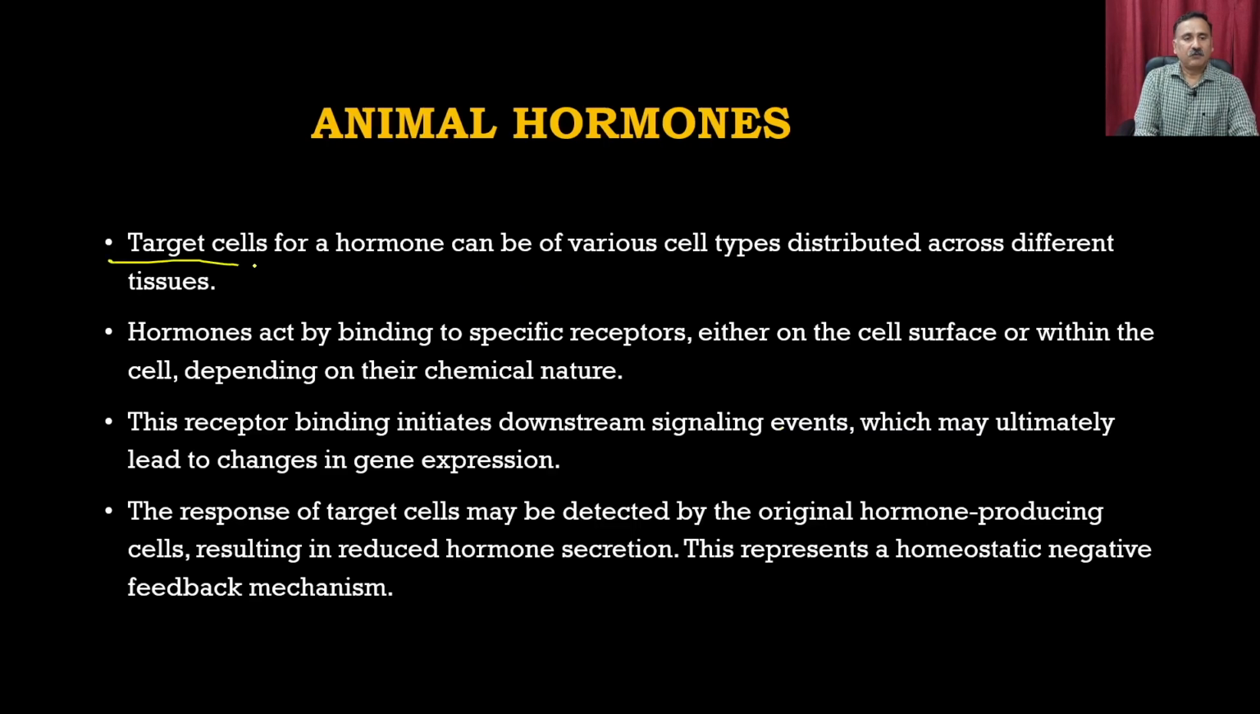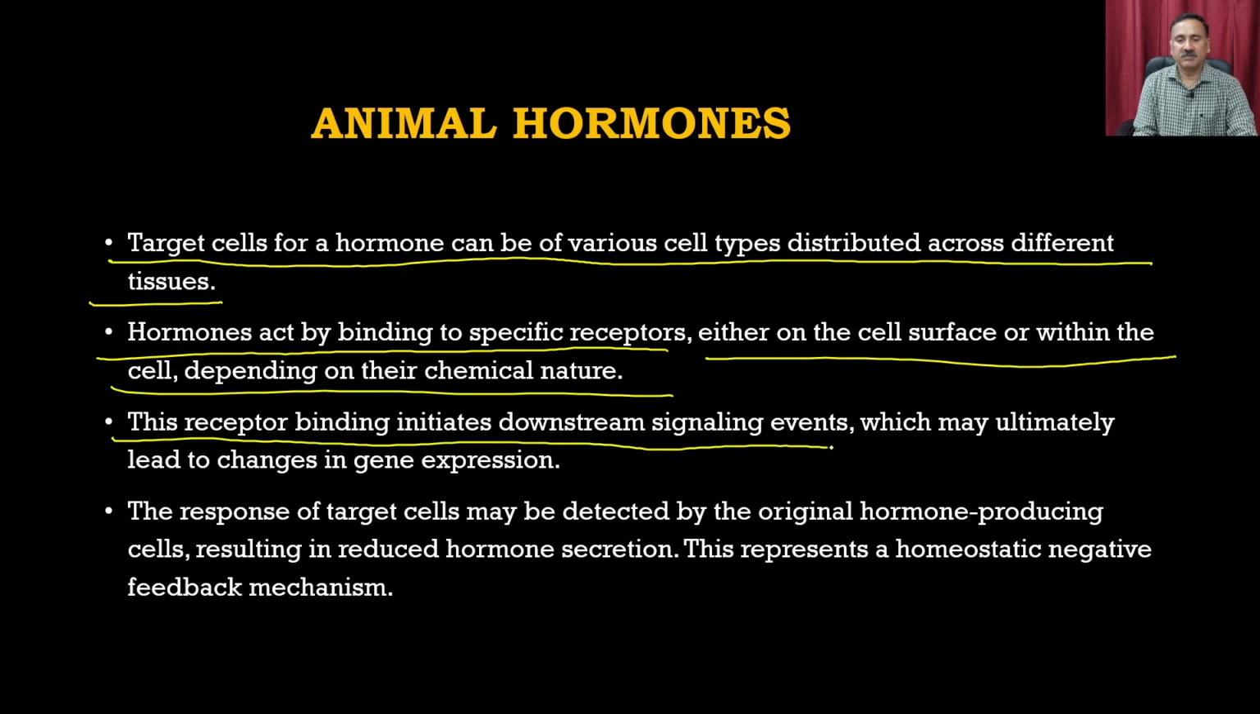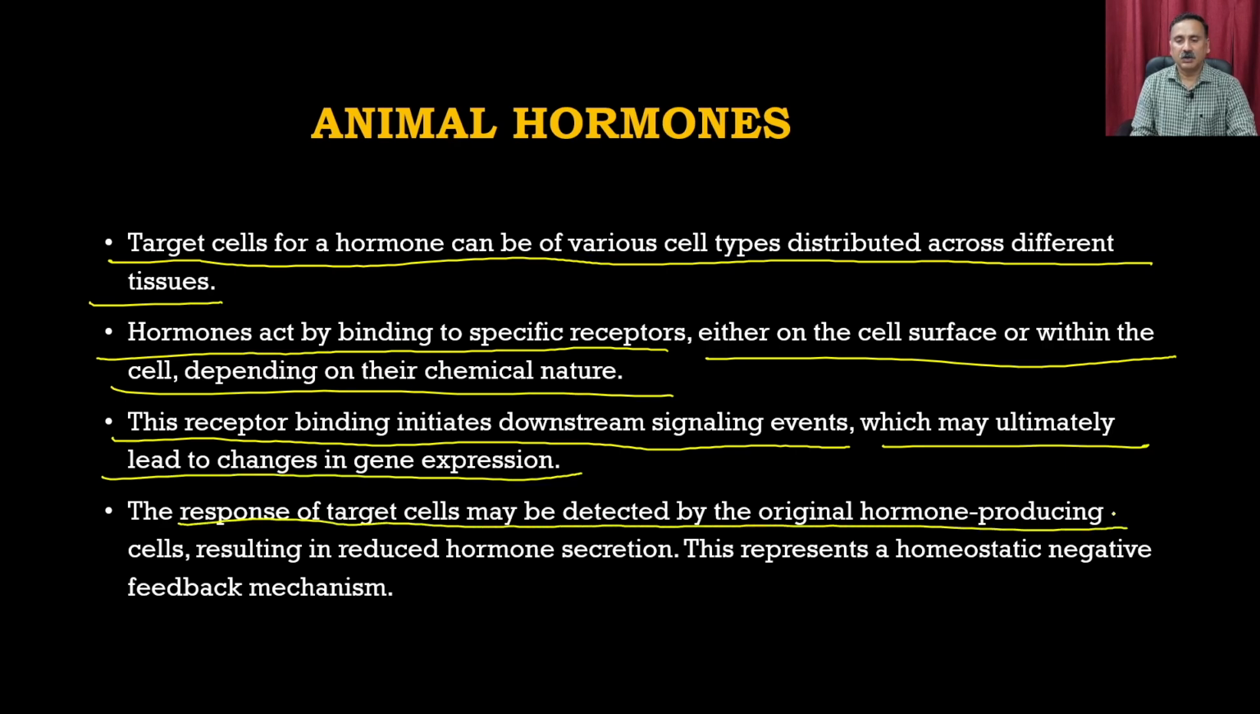Target cells for a hormone can be of various cell types distributed across different tissues. Hormones act by binding to specific receptors either on the cell surface or within the cell, depending upon their chemical nature. This receptor binding initiates downstream signaling events which may ultimately lead to a change in gene expression. The response of the target cell may be detected by the original hormone producing cells, resulting in reduced hormone